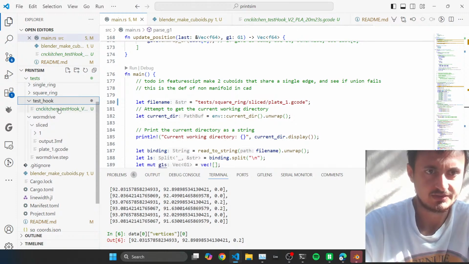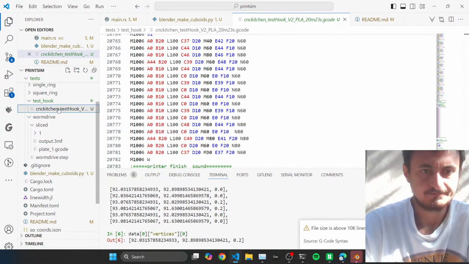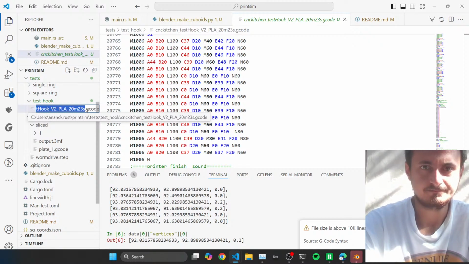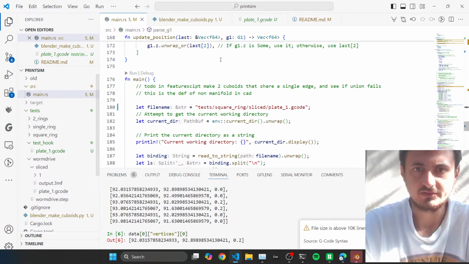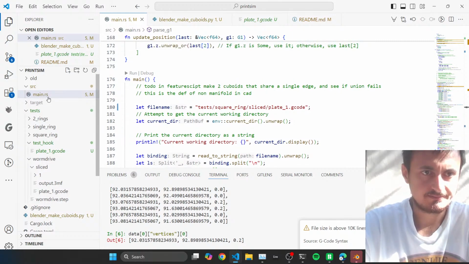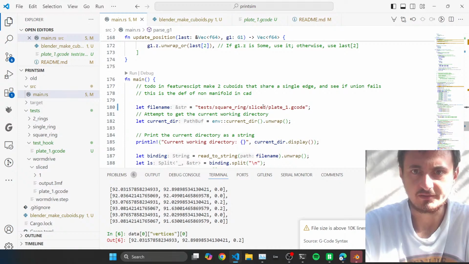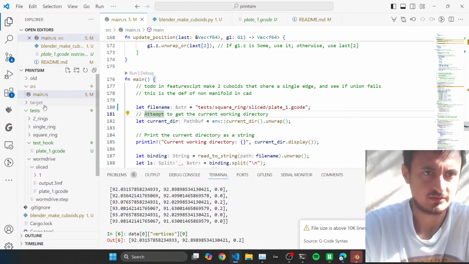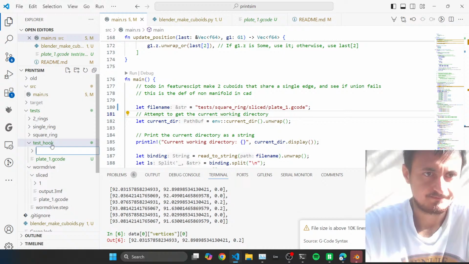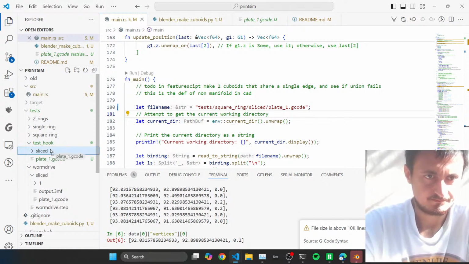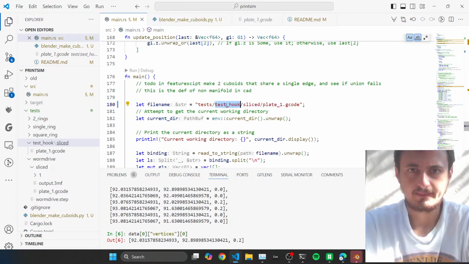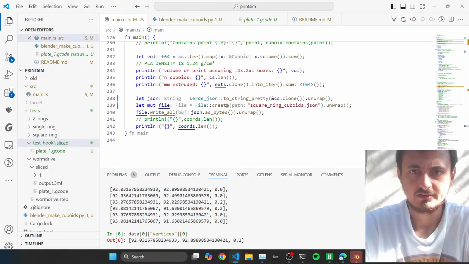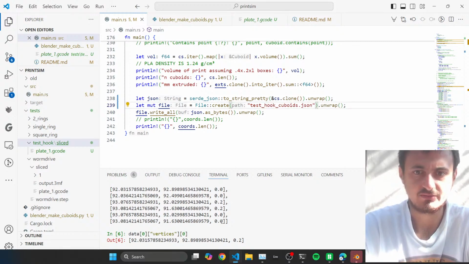And let's just rename this. Let's just rename it that so that then we don't have to sliced. Whatever. Doesn't matter. I'll do that. Okay. Test hook. Copy that. Test hook. Okay. So now we're gonna